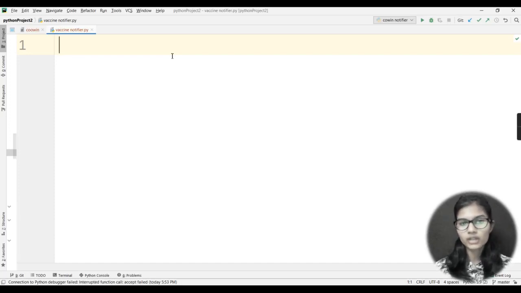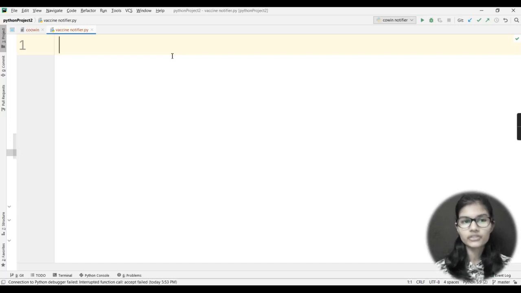So you need not go again and again onto the CoWIN website. You just quickly write this code, run it, enter the pin code you want to check, and enter the age for which you want to check, and it will let you know all the details: whether the vaccine is available or not, and if available, which one is available. Other than that, whether it is free or paid, and according to the pin code you are searching for and the age, what slots are available. These are the things that you will be getting here in the output. So this is a rough idea of the project that we are going to make today.